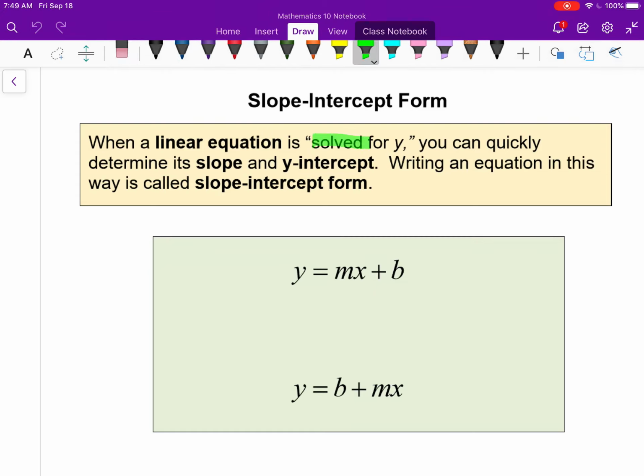Now, solve for y means just like what you see down below, an equation where y is isolated on one side of the equation. Right? Both of these are solved for y. So when an equation is in that form, it doesn't have to be. An equation doesn't have to have y on one side, but if it does, usually you can quickly determine its slope and its y-intercept just by looking at the